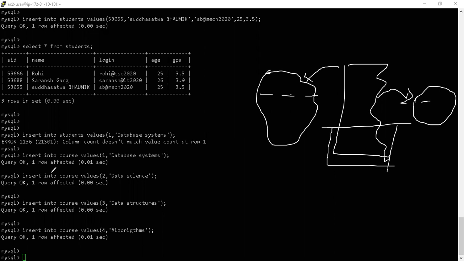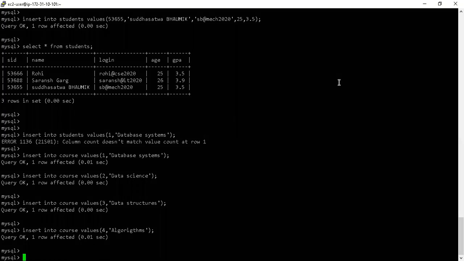That's where you can do the data quality checks. But you are right. If you go only by the command and the syntax, what you said is correct. If students had two columns, SID and name, and course also had two columns, CID and name, then it would be difficult to identify.